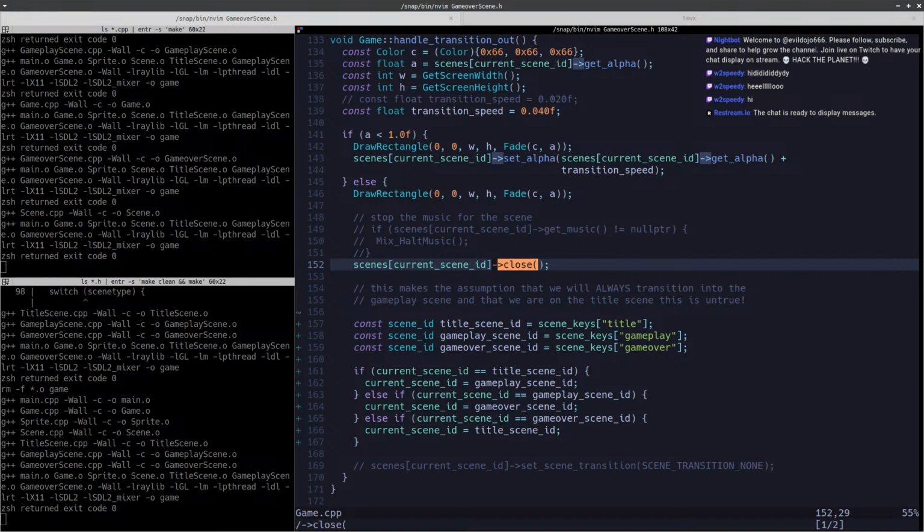So if a scene has been closed or it hasn't been initialized yet, and we attempt to switch into a scene,